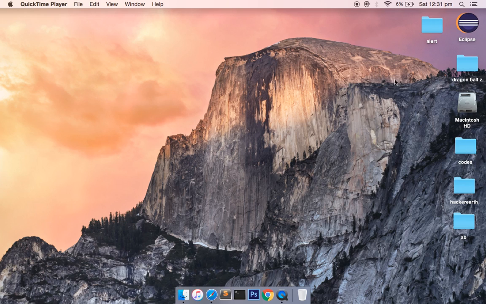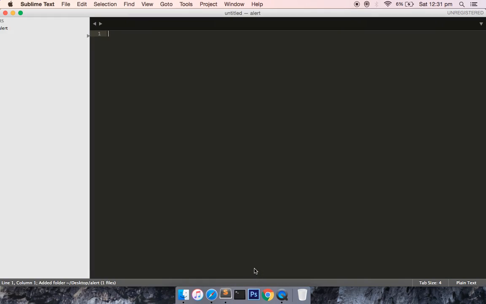As you can see on my desktop, we have one folder with the name alert. Go ahead to where you want to store this project, make a folder with the name alert, and let me open this folder with my favorite text editor. You are allowed to use any text editor which you are comfortable with. I am mostly comfortable with Sublime Text. It's a very cool and handy